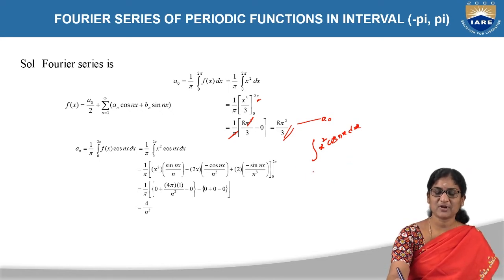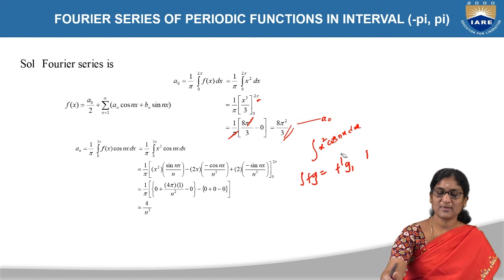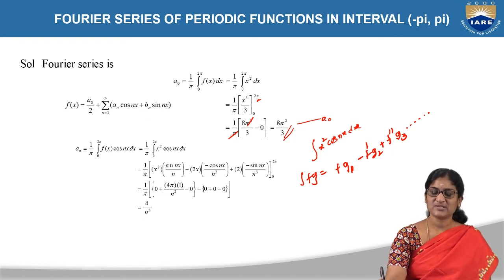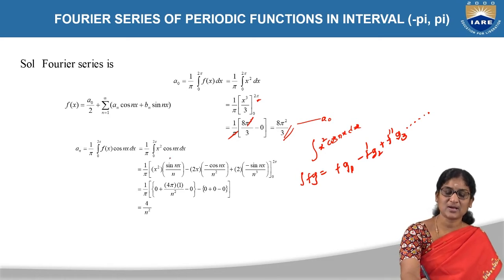And for this, the best formula that we are going to use is the integral of f into g, which can be expressed as f g1 minus f dash g2 plus f double dash g3, and so on, which is an oscillating series, where f dash, f double dash refer to the first, second and third derivatives, and so on, for the function f, and g1, g2, g3 indicate a single integral, double integral, triple integral of the g value, and so on. So here g is nothing but cos nx,